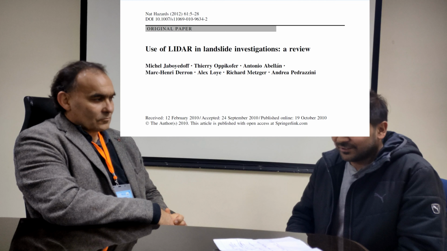And there was also the other aspect, the ground-based LiDAR, which also started to be used for engineering geology, for rock stability, for monitoring instabilities, and so on. So in the end, these are really the techniques. I will say the new research in landslides is a bit technologically driven, especially by LiDAR.